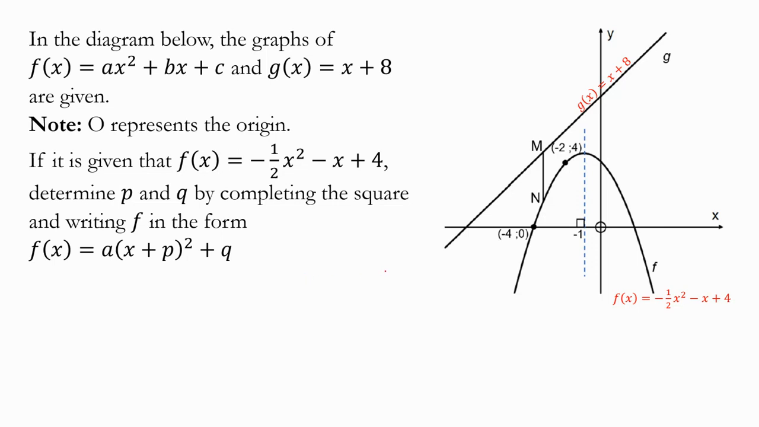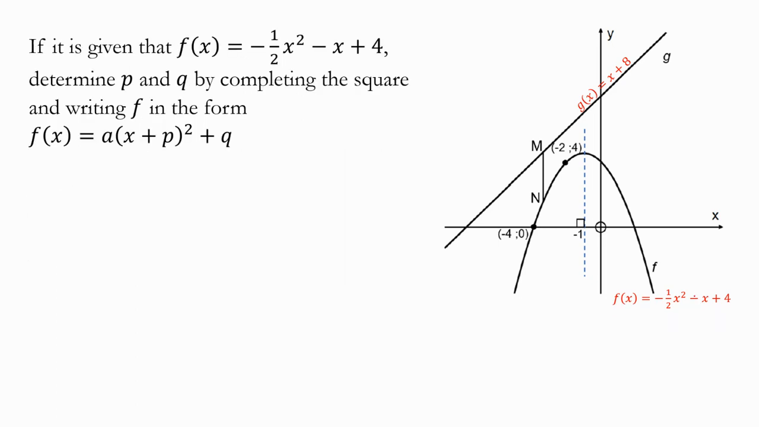Welcome back. We are doing question 9b1. In the previous question, we managed to find that the equation of f of x is equal to negative half x squared minus x plus 4. Now, the question says, if it is given that, so it's confirming our answer. If it is given that f of x is equal to negative half x squared minus x plus 4, determine